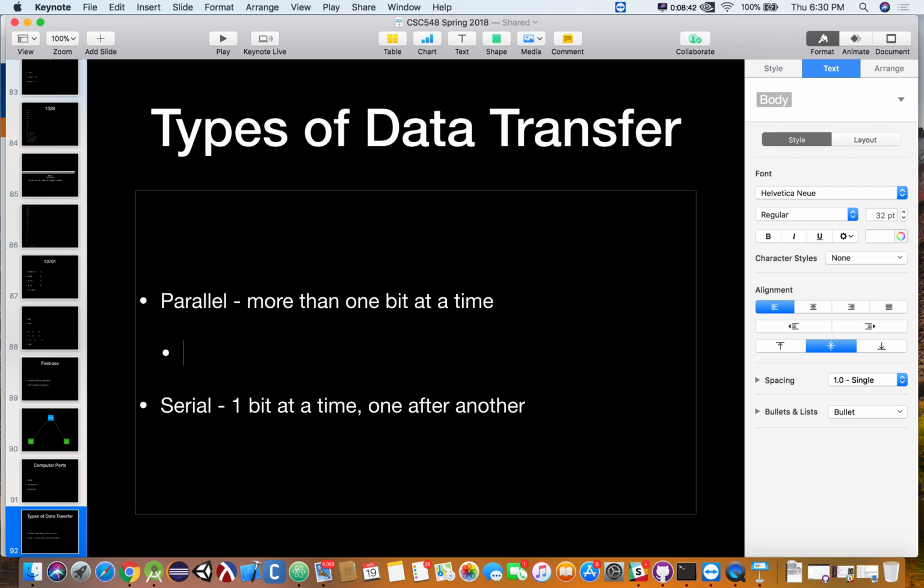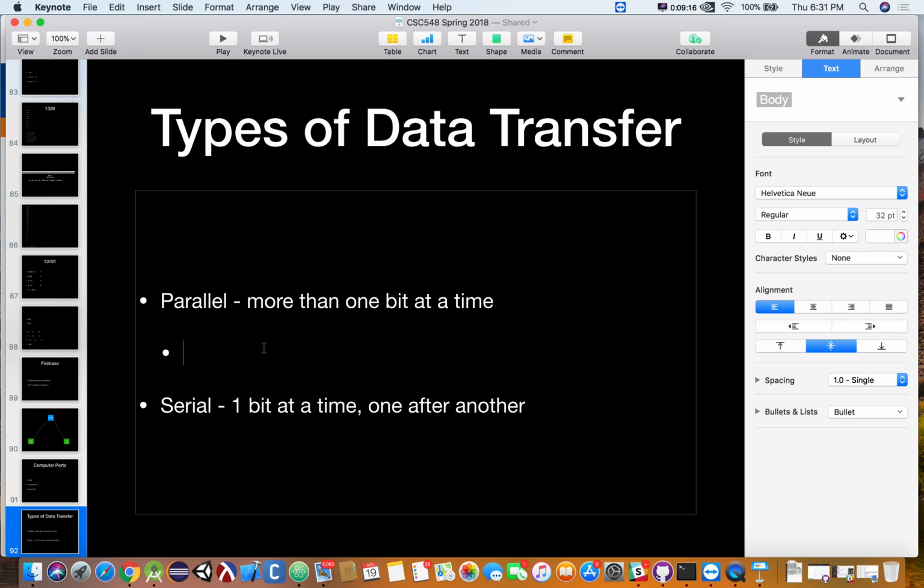All right, now let's kind of generically talk about speed. Which of these do you think is faster? And it's kind of a trick question. At first you think serial's faster? Parallel, you can transfer more, but it's not as fast. Okay. So, like I said, it's kind of a trick question to ask which is faster because it depends on what year you're asking that question, and what's the most recent technology that's come out that's using it.